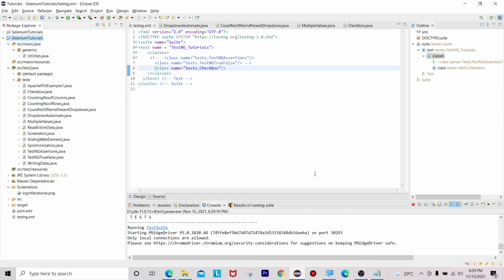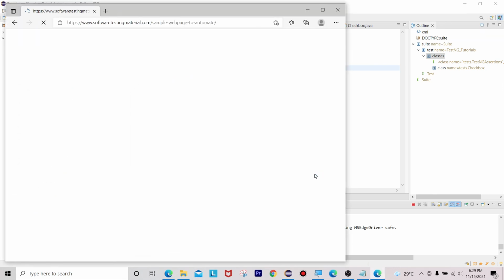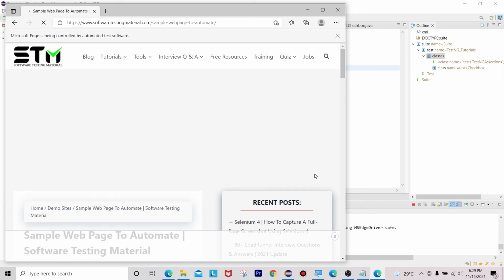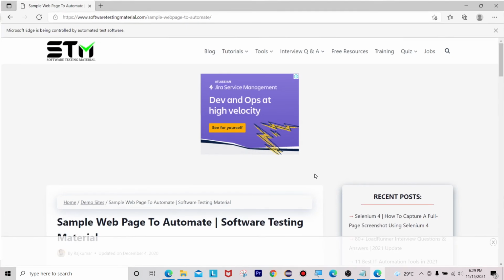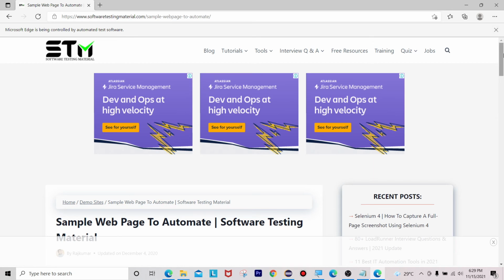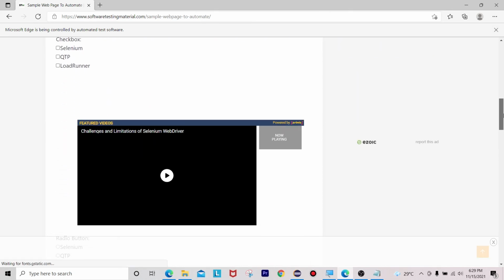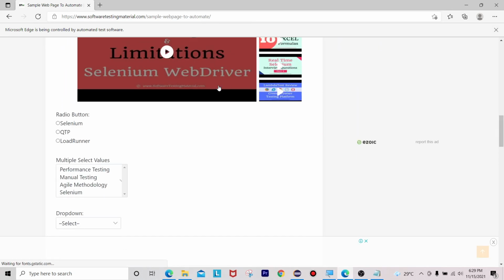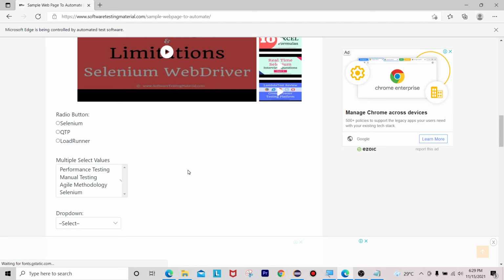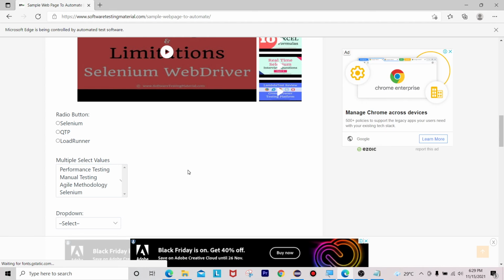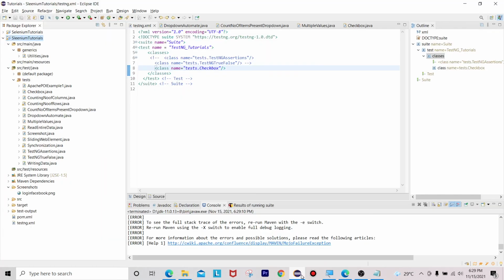Now you can see it is launching the browser. Now it has opened that URL. Now it will maximize. Now it is going to click on each and every radio button available here. What error?